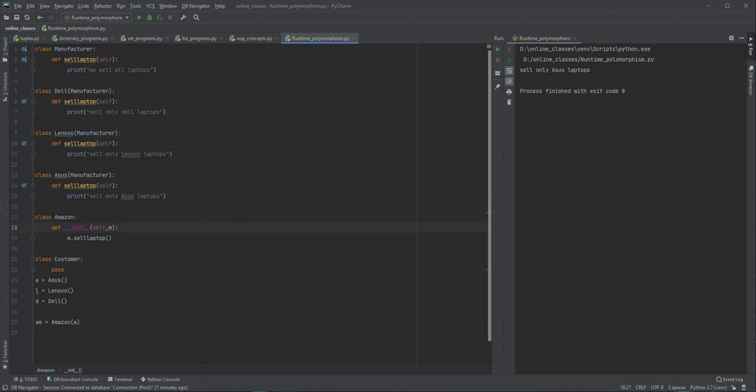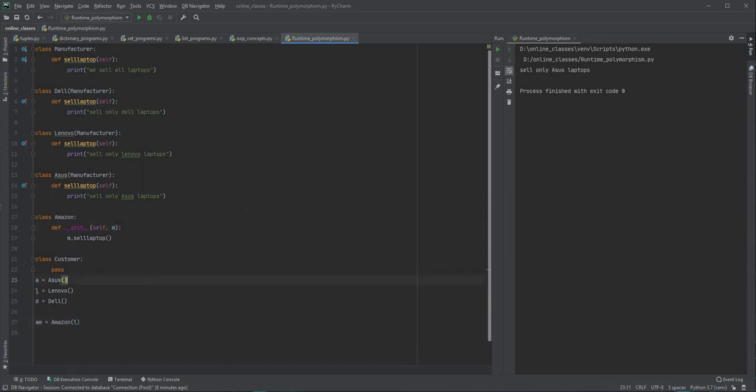See guys, it says we sell Asus laptop, which we have just purchased from Amazon. Now my a reference variable of the Asus object is behaving like m. Now suppose I wanted the Lenovo laptop, I would have entered L, and now my L reference variable would have acted like m.